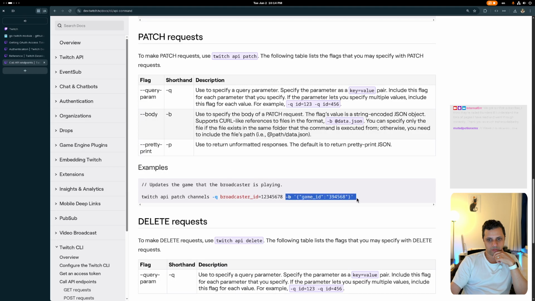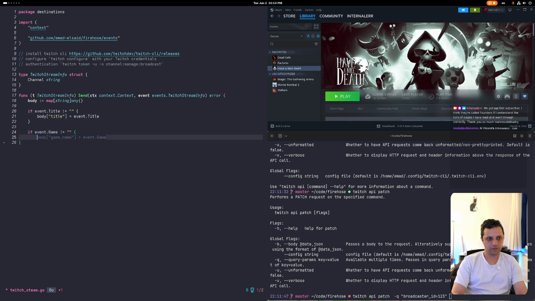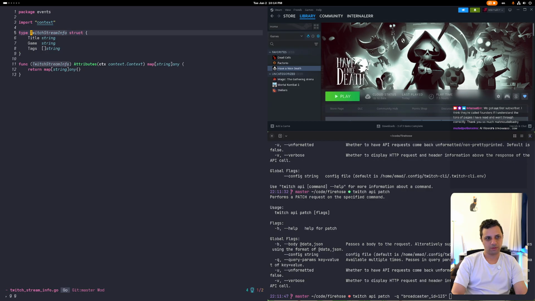So the body will be JSON. That means when we want the body, it will look something like a map, right? It's a map. And now if we have a title, you add the title. If you have a game, you add the game. And if you have tags, you add a list of tags, right? Wait, isn't that the same as just this with JSON and omit empty,